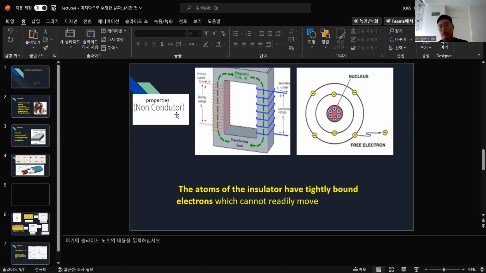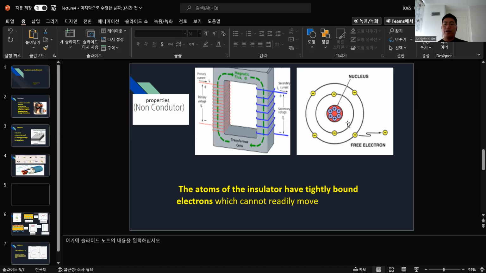You guys already know conductor and non-conductor. Conductor means the current flows really well. More specifically, there is a transformer core, right? We use a core where the material is steel, right? So where does the current go through? For example, here,